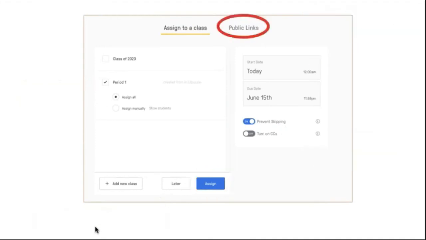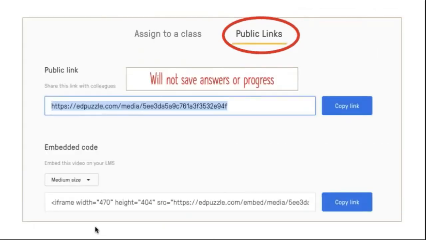And then I want to talk about public links. So public links, not the link you want to send to kids. Public links is, I want to send this to a colleague. I'm sending this to parents somewhere, and like who doesn't have an account. It's just a way to share it without anyone having to log into anything. But that also means it's not going to track anything. That's not the link you want to send your kids. You want them logged in.